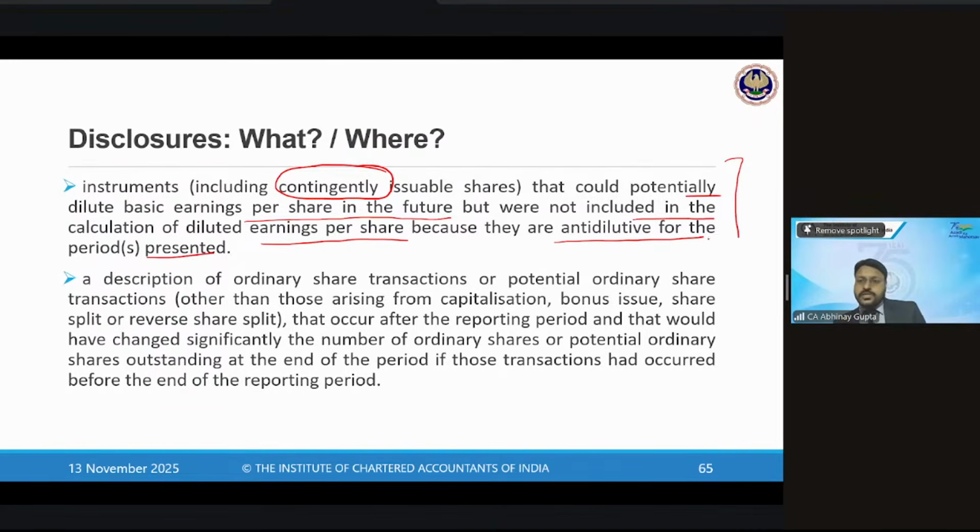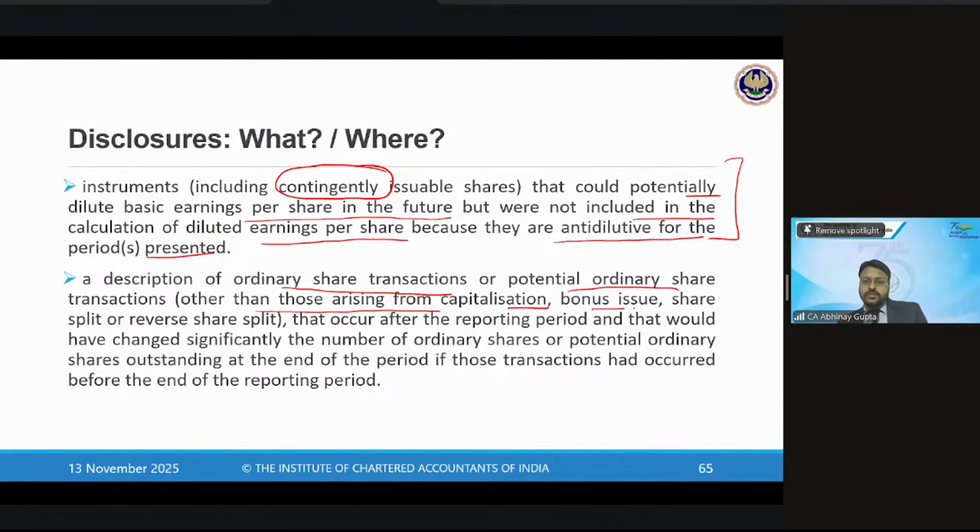So if there are any such instruments which we have not considered because they are anti-dilutive, then in the notes to accounts, we need to disclose a list of all these anti-dilutive instruments so that investors can come to know which anti-dilutive instruments the company has, which are not considered for the purpose of diluted earning per share because they are anti-dilutive, right? Then a description of ordinary share transactions or the potential ordinary share transactions other than those arising from